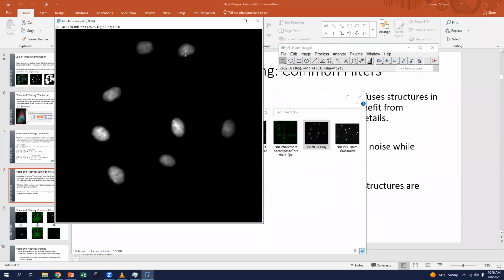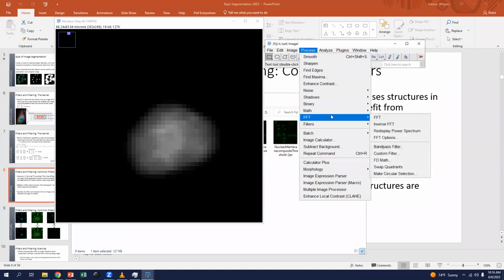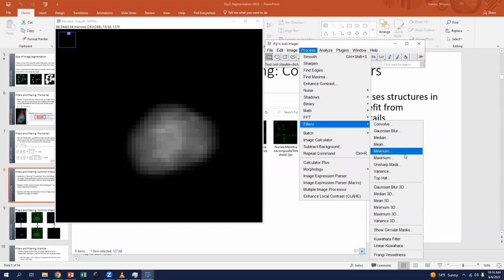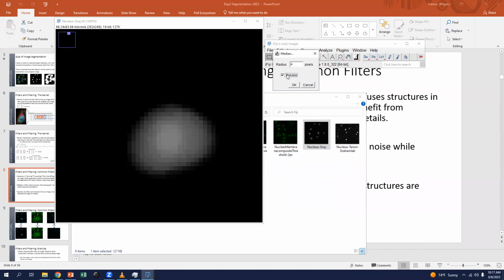So if we were concerned that, let's say, this nucleus here was maybe a little diffuse around the edges, maybe the boundary is a little dim, and we're worried we might confuse that with the background when we're doing a segmentation, we can do a median filter. What a median filter does is, if you think of the identity kernel, you've got your central pixel, it looks at its neighbors. Whatever the most common value is, that's what it sets the central pixel to. What that means is it's a very good filter for preserving edges or even enhancing edges while removing the inside